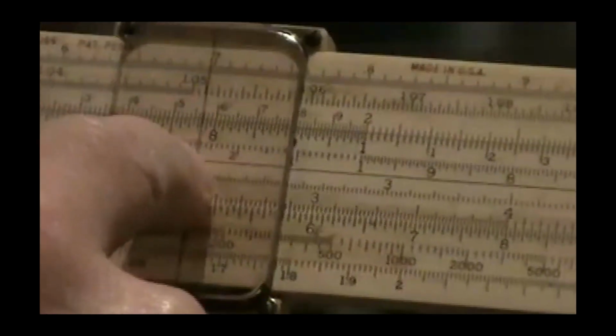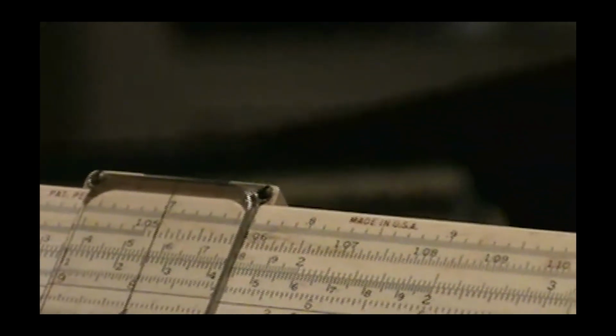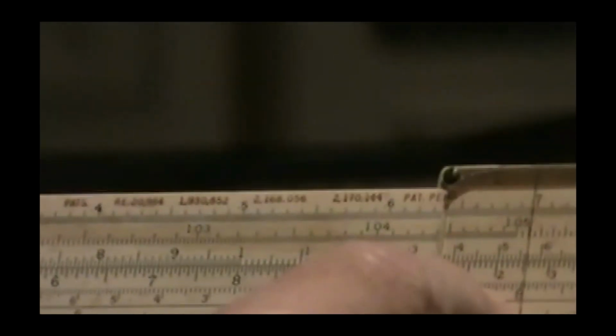If I wanted to take 5 and divide 5 by 4, I would set the 4 up above the 5, and well, actually, no. There we go. The 5 divided by the 4, you'd go down to where the index is, and that's 1.25. Now, the reason I know that's 1.25 and not 125 or 1250 is you carry the exponents in your head. Basically, I'm dividing a 0 exponent by another 0 exponent. And when I divide like that, the exponent stays the same. That's a 0 exponent. So this is a 0, which would be